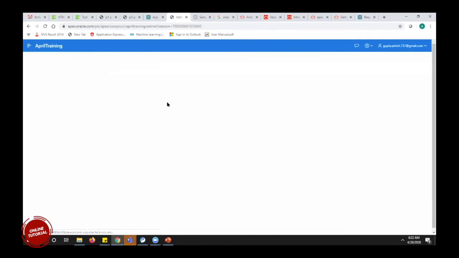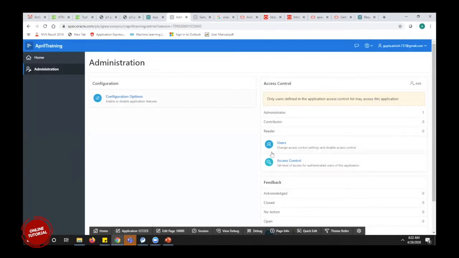This we will not get by default. We have to write the code and we have to do it. We have to give the access control. We have to give the configuration option. We can do it through code, but we have to write a huge amount of code for this, which will be given automatically if we just opt for that option. That's it. Whatever pages we are going to create in this application will already be shown in the access control.